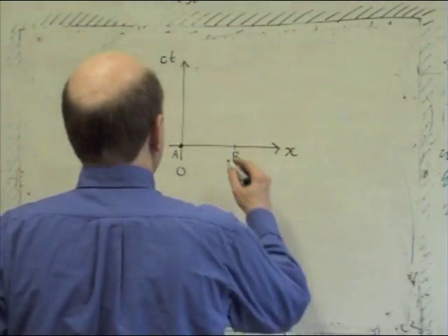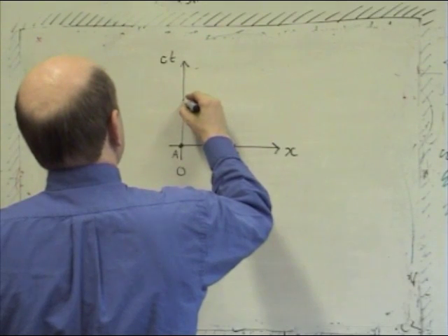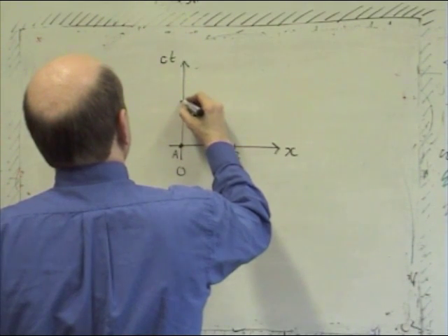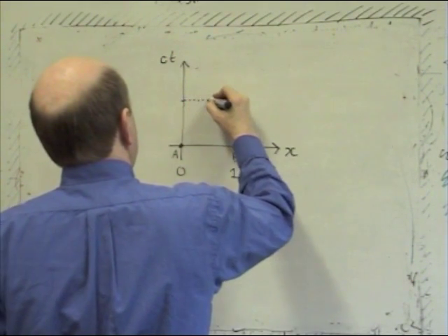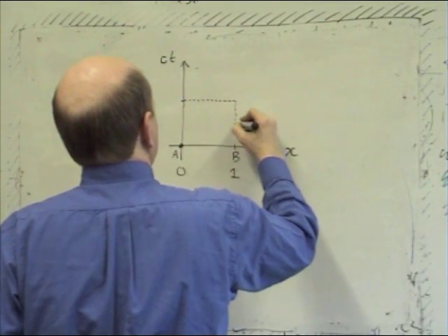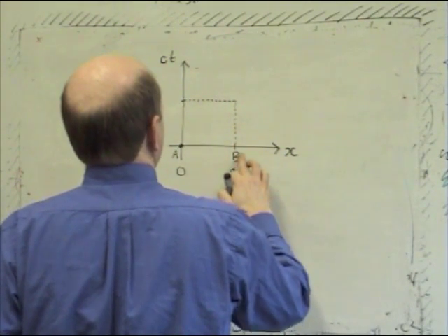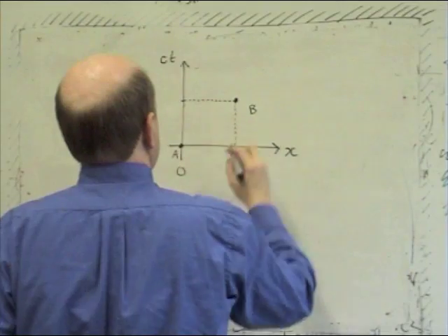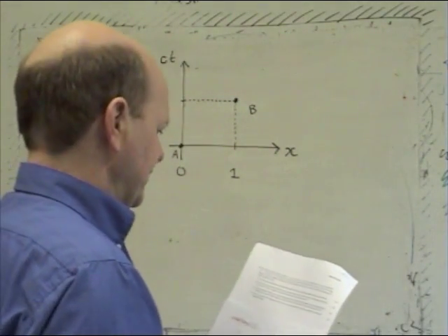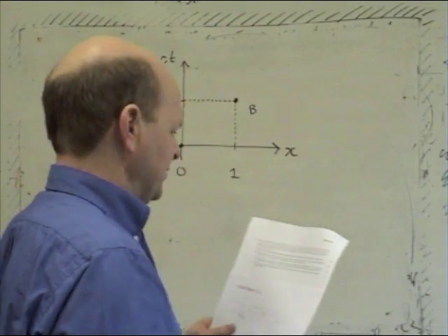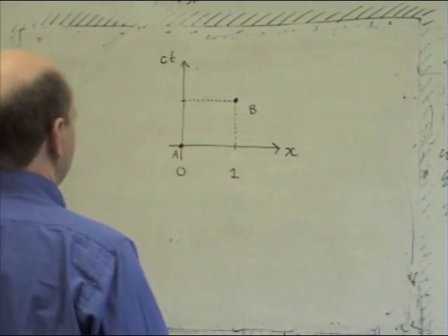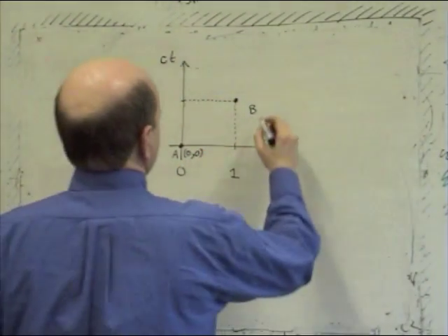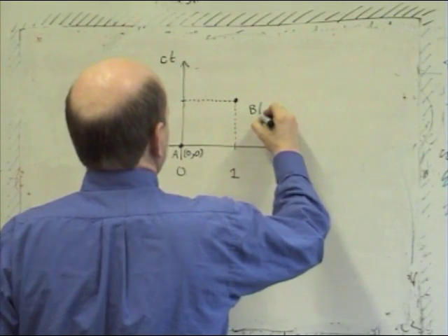Okay, so event B occurs at some time later in this coordinate system. Right, so we're going to put its time as positive and its position as positive as well. And so this is event B up here. Now what are the coordinates? Well, I've got the coordinates of A as being 1 meter and 0 nanoseconds, but I've subtracted 1 meter. So I'm going to write the coordinates of A as 0, 0, and the coordinates of B, well, it's at a position of 1,